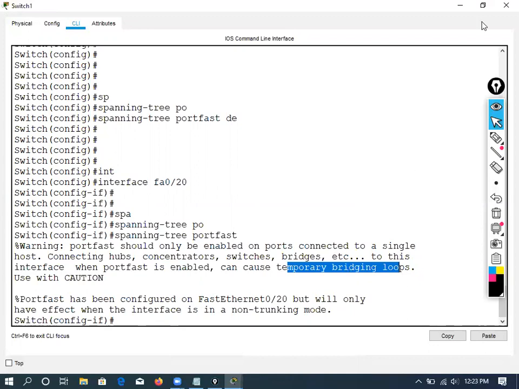So don't enable port fast on all the interfaces. Enable the port fast only on the end devices, a single device where you connected. Is it clear? That's what I told previously when I was explaining. On the normal ports, you enable the port fast. Uplinks should run the STP. Okay, this is the command to enable the port fast. You got it, right? So port fast means we are just disabling the listening and learning state.